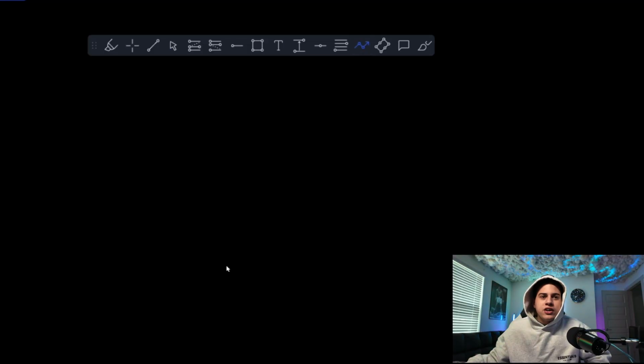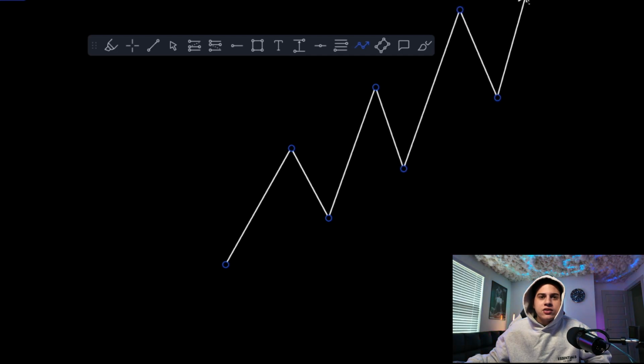So now the first thing that you're going to want to know when you're looking at a Fibonacci is what it actually does. A Fibonacci is just measuring the pullbacks of a trend. So you can only use it when the market is trending. So whenever the market is creating higher highs, higher lows, higher highs, higher lows, higher highs, higher lows,